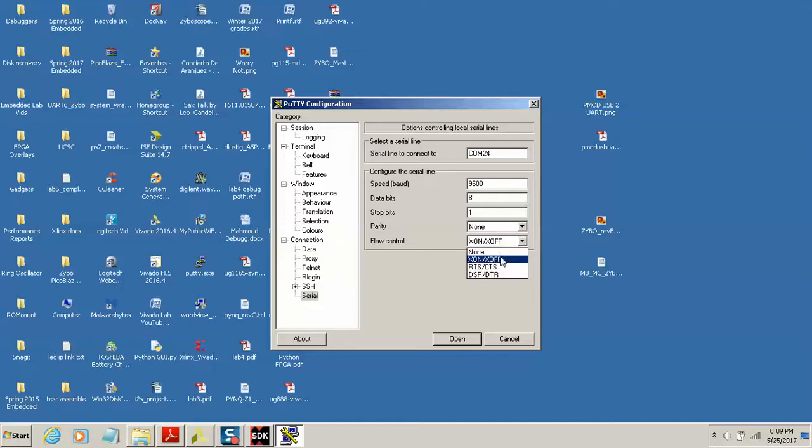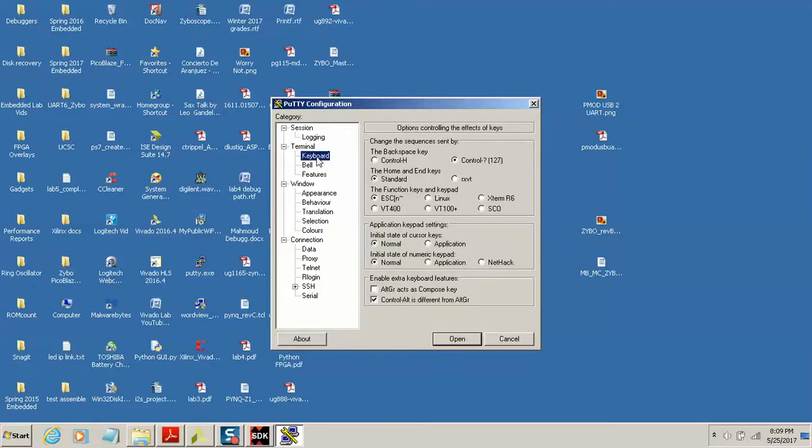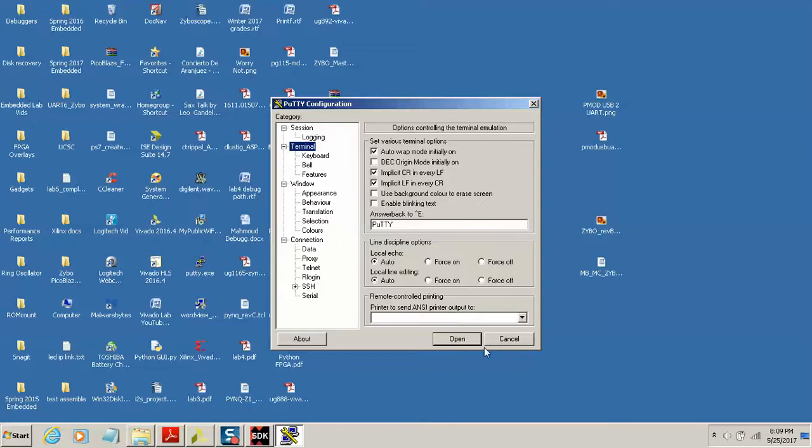I'm going to set it for no flow control. I'm going to go back to the terminal. I want to have implicit carriage return and line feed. Likewise, line feed with carriage return, and turn off that and that. The keyboard looks okay. So I'm going to click open